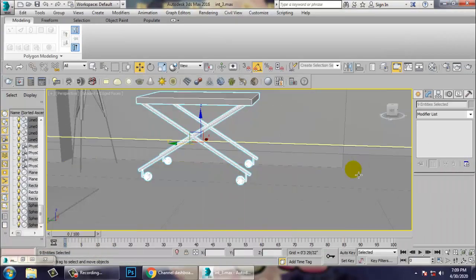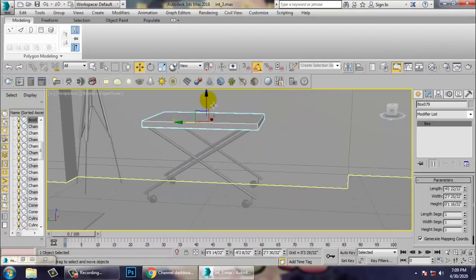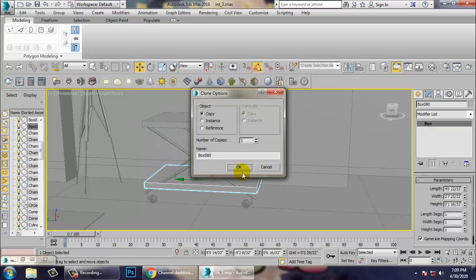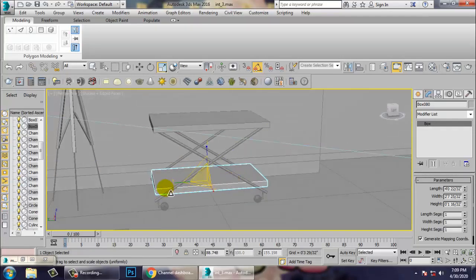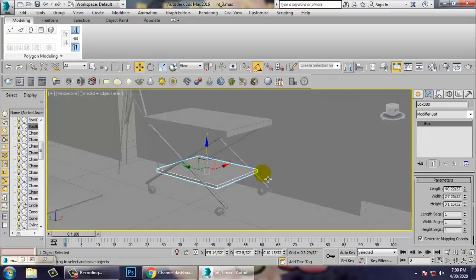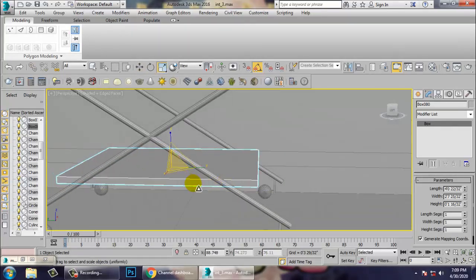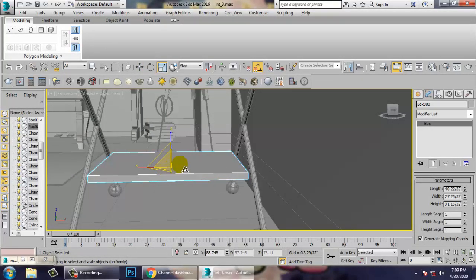So let's again take a box over here, push it down, scale the box over here, scale it, push it a bit up, scale it down. Can just scale it more, that's it, and just scale it.